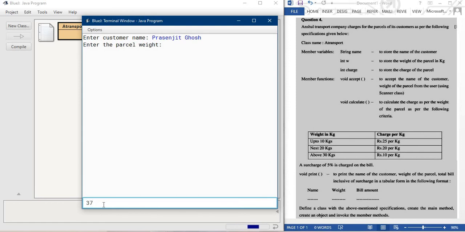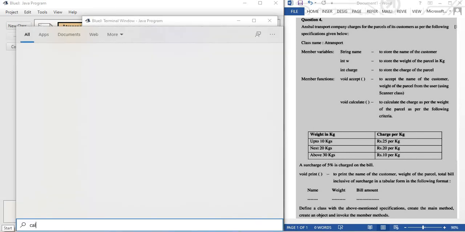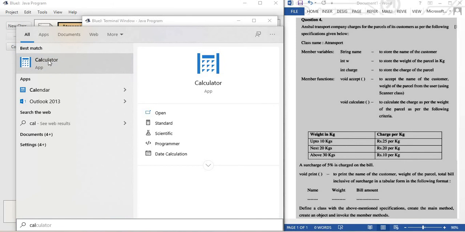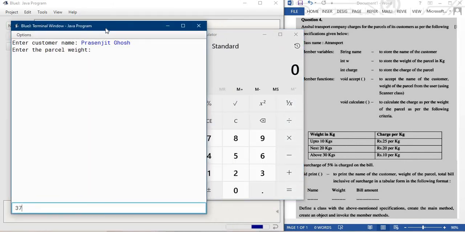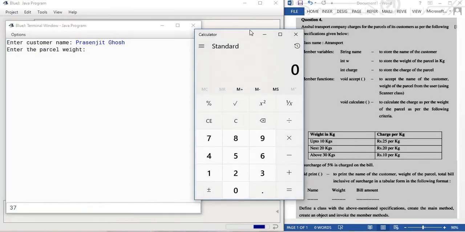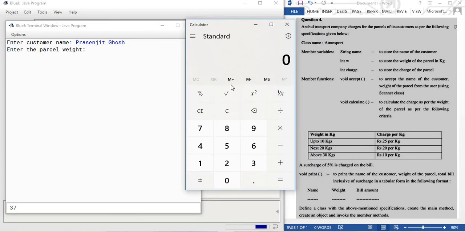I'm showing you the calculator for better understanding. First 10 kg means 10 into 25 is equal to 250.